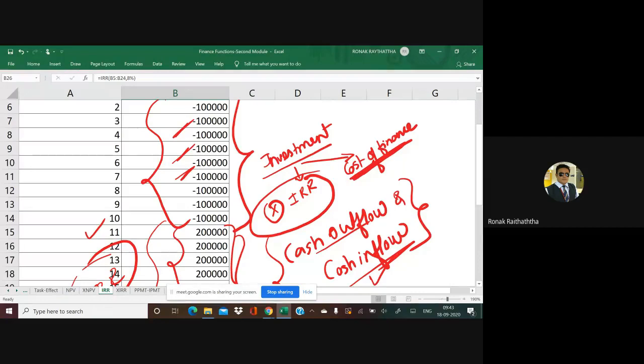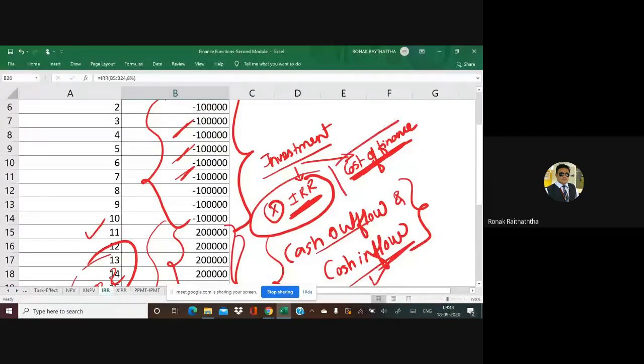So those who are not getting it, let me make it very clear by simplifying it further. Cash outflow shall be discounted differently. Cash inflow shall be discounted or compounded differently. You cannot put cash outflow and inflow into the same bracket. That is the argument made by MIRR, and there is a logic behind it. They are clearly stating the logic that if you treat cash inflows and outflows equally, you will not be able to get the exact answer, because cash outflow is something which cannot be discounted at IRR.